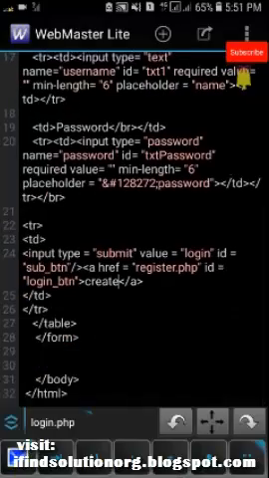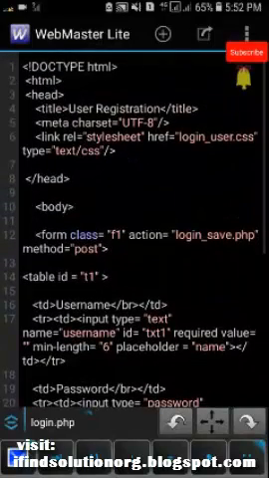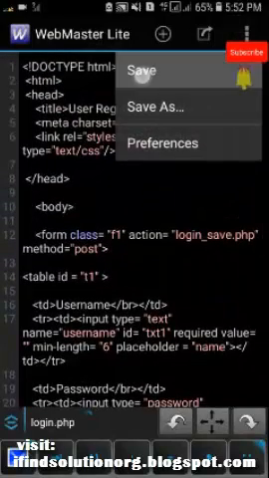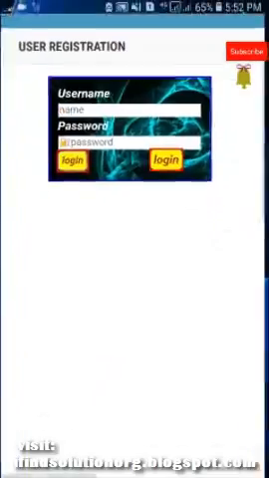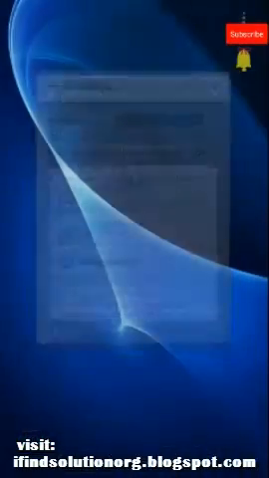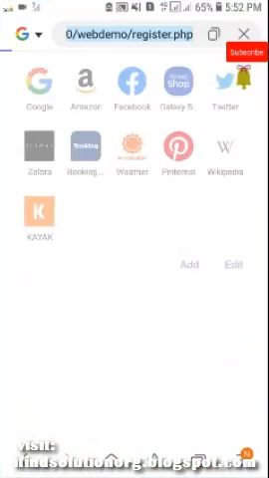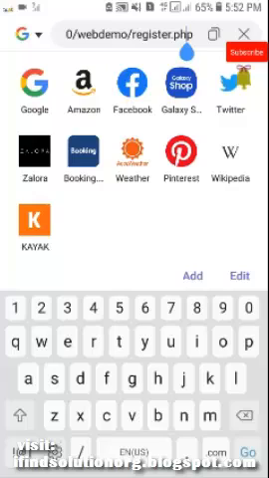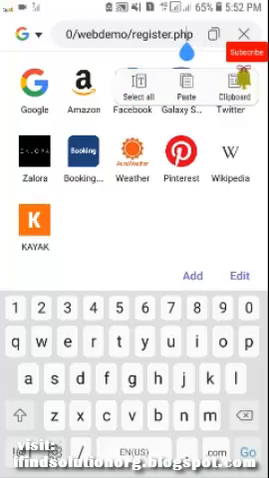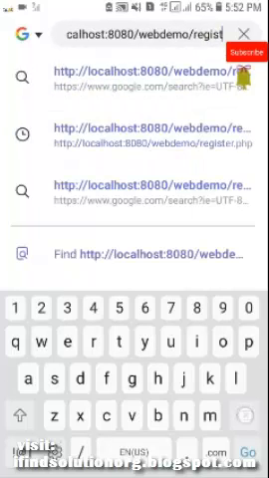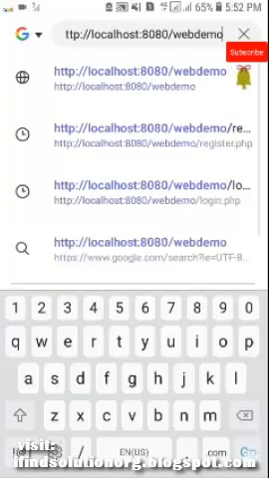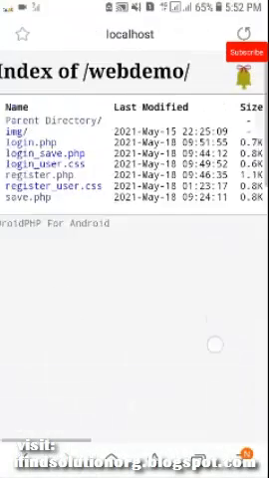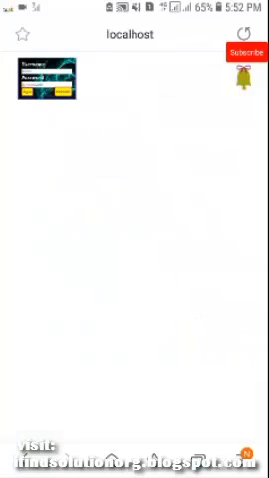Great. So now, what we need to do is save and try to view it in our browser. So just go to my browser, and we need to go to our web demo project. So this one, we need to view the login.php